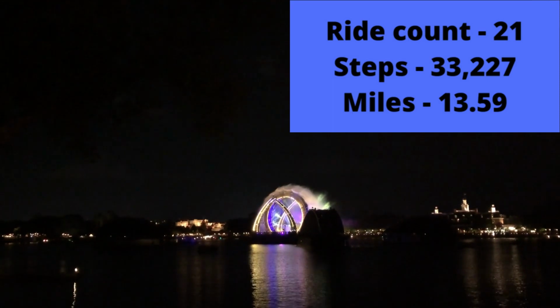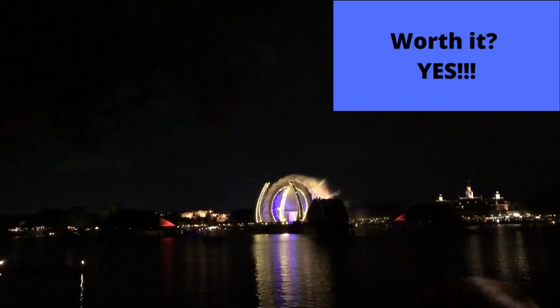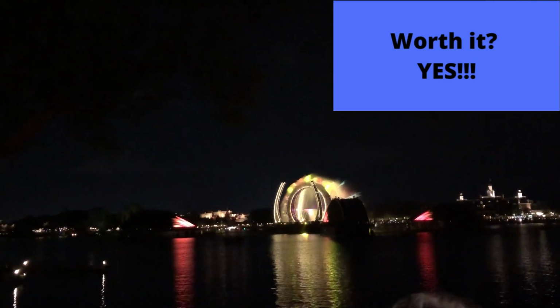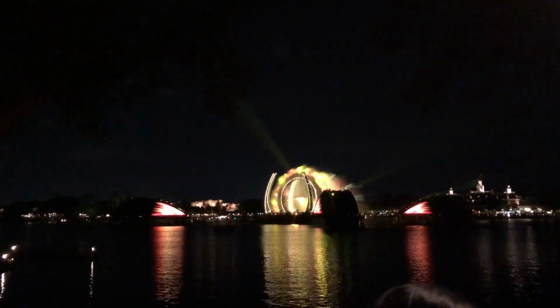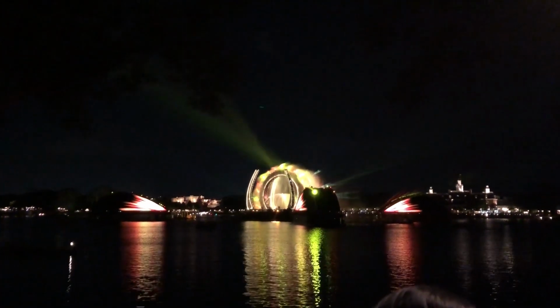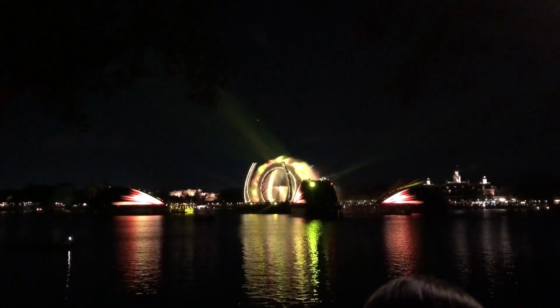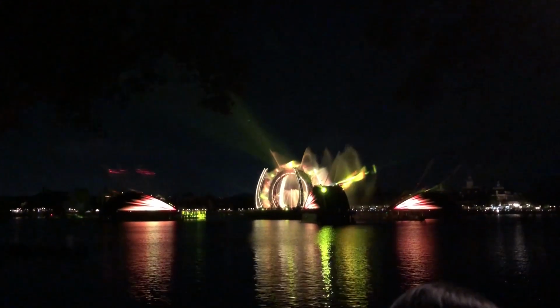The big question, is it worth it? I think absolutely. Especially individual Lightning Lanes are worth it to take the stress out of, can I get on this ride today? You know, you're not stressing out about getting onto Rise or getting onto Remy's. It really helps. Overall, I figured I saved about 3 hours, 23 minutes just with the Genie Plus and the